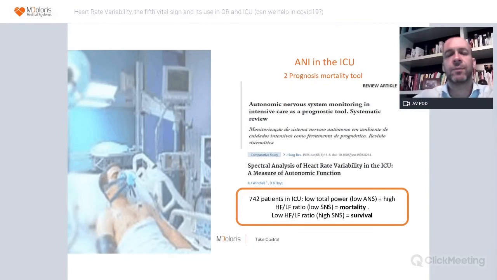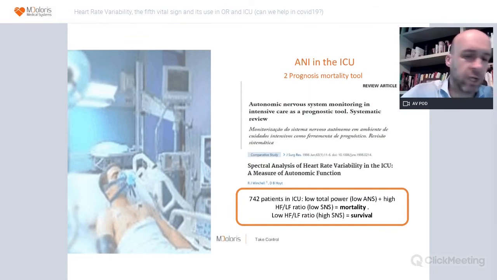So you can see what is happening exactly in your patient, which maybe with scales, especially if you are deeply sedated, you will not be able to see. But the second part is not only titrating, which will always have a benefit on weaning, obviously. The second part is whether ENI can be a prognosis